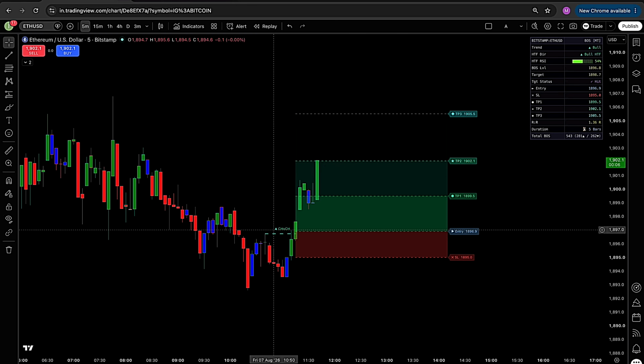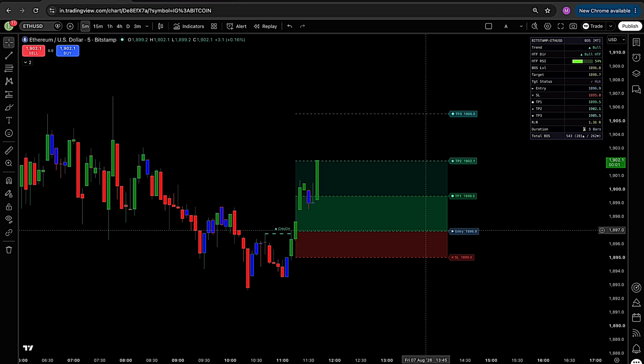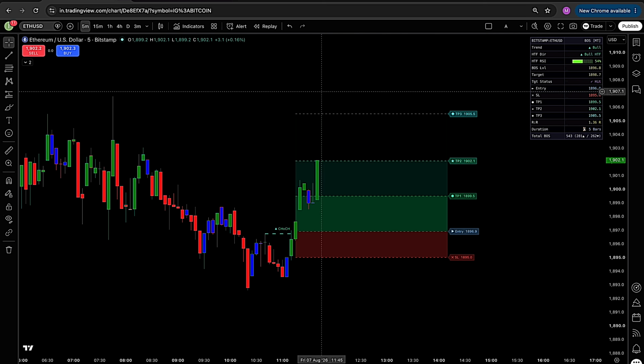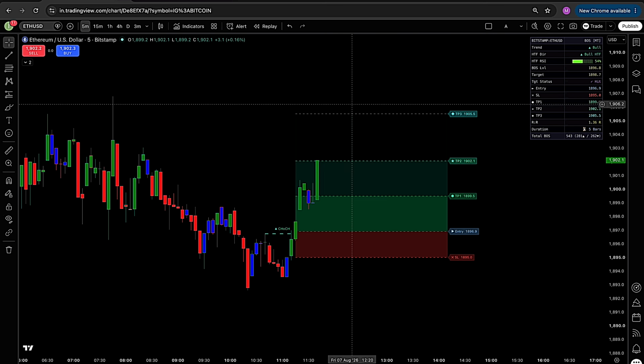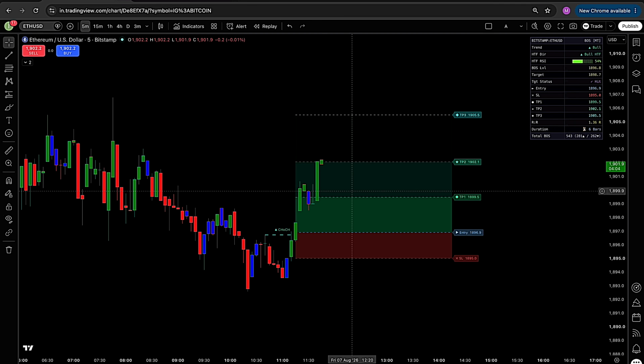You can see here that it broke this level and gave an entry here. Along with that, your stop loss was here, and you need to wait for target 3 here. If you are currently in this Ethereum trade, then I am going to tell you about a strategy using a